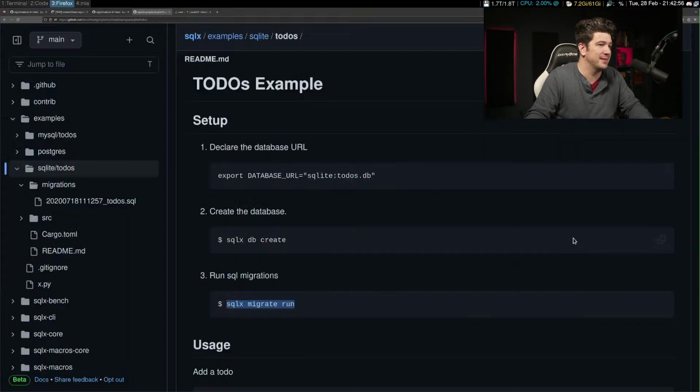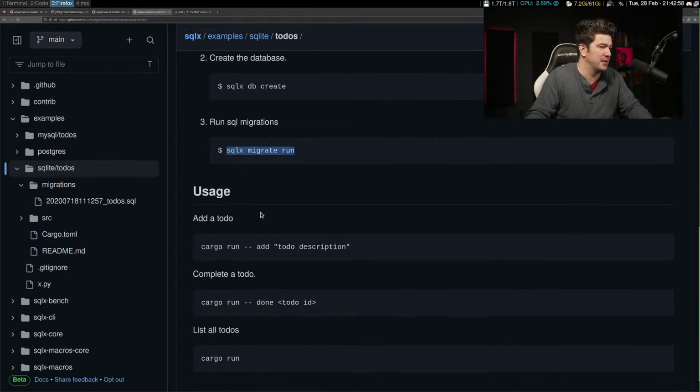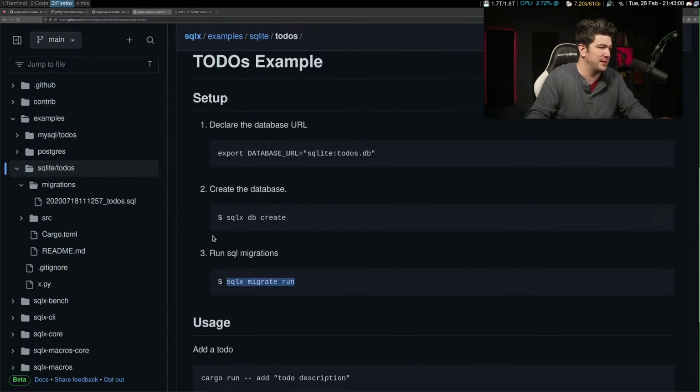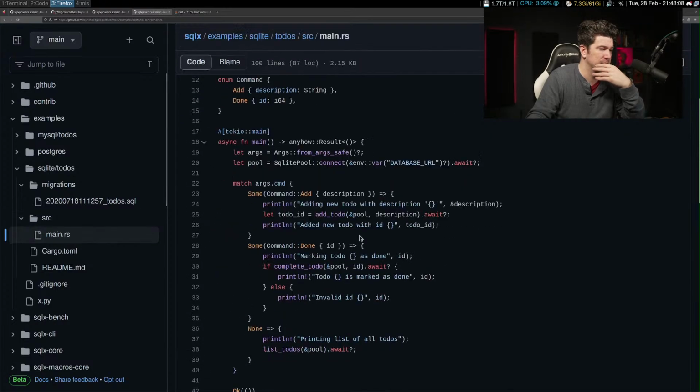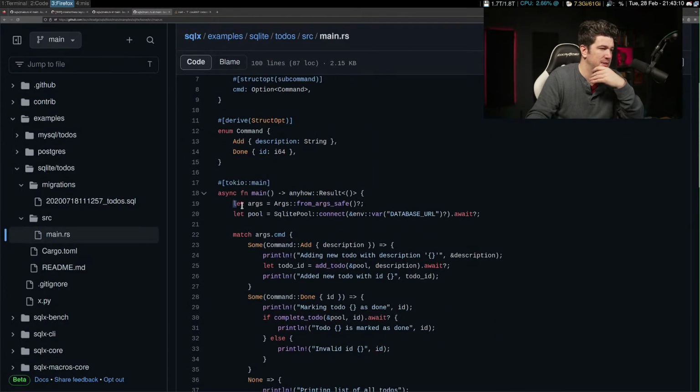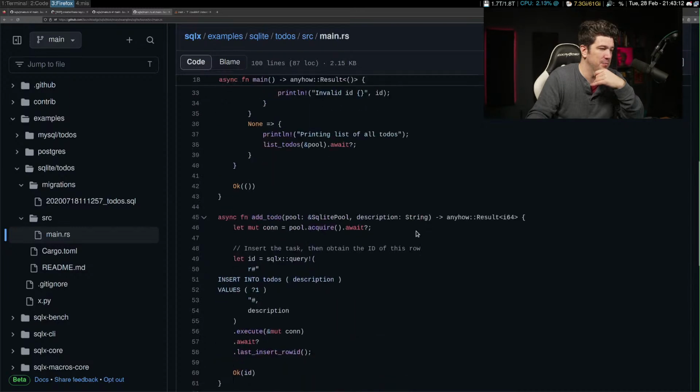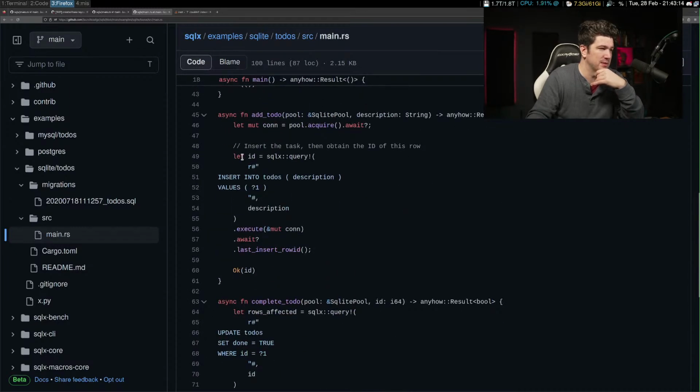Let me go back to the example. Maybe I missed something. All right, so this is all they did. We did this. Let's go to their source. All they have is this. All they do is make a connection pool and then they do stuff. I'm doing this, this is all I'm doing.